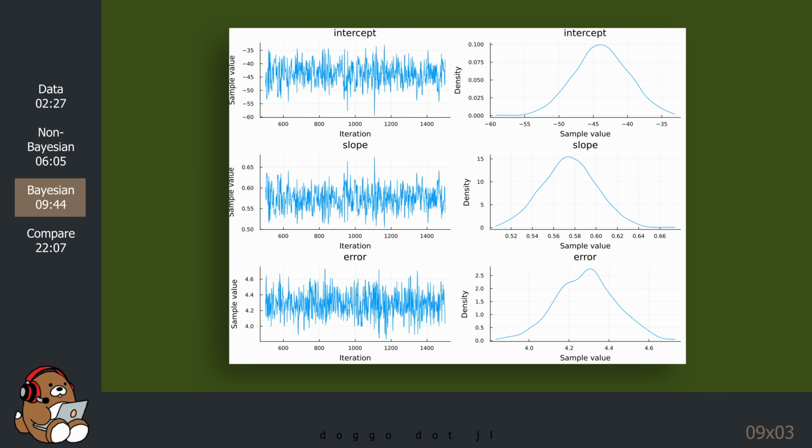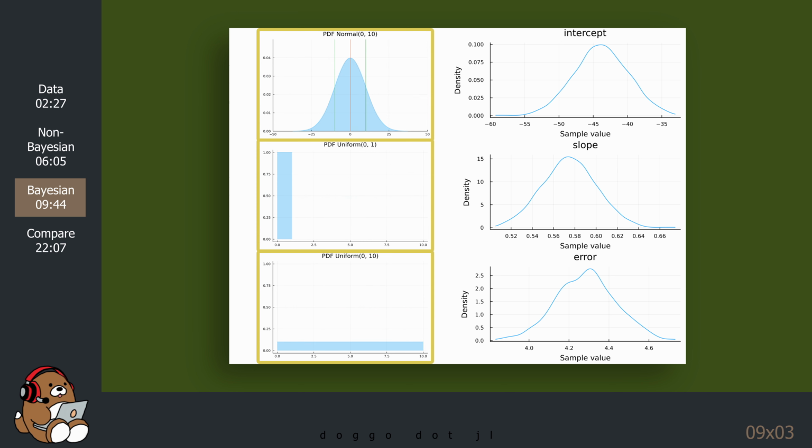There are 3 sets of diagnostic plots, one for each parameter. As you can see, the answer to our problem is not a single value, but a probability distribution. The 3 plots along the right side are the posterior probabilities for each of the parameters. These posterior probabilities represent our updated beliefs after seeing the data. Just for reference, I'm going to insert the plots for our prior beliefs, so you can see how our beliefs changed after seeing the data.